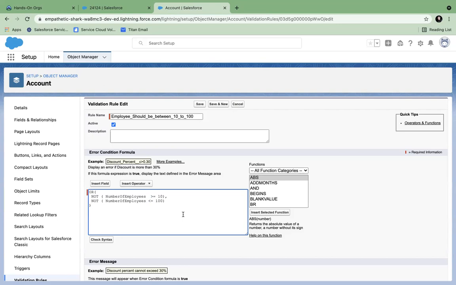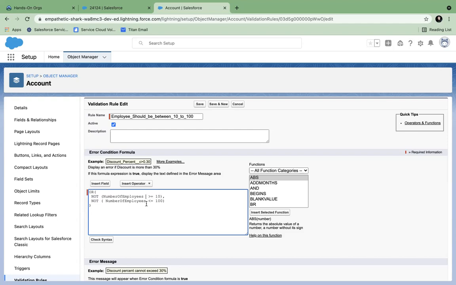So no values can be taken between 10 to 100. Not means if your number of employees is greater than or equal to 10, yes, now reverse it. That means it is not greater than or equal to 10. It is like writing not here: not greater than or equal to 10.